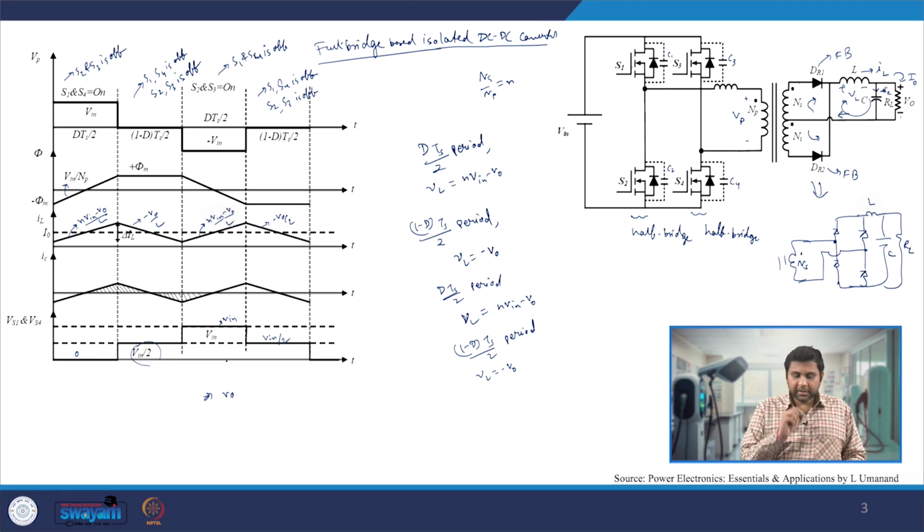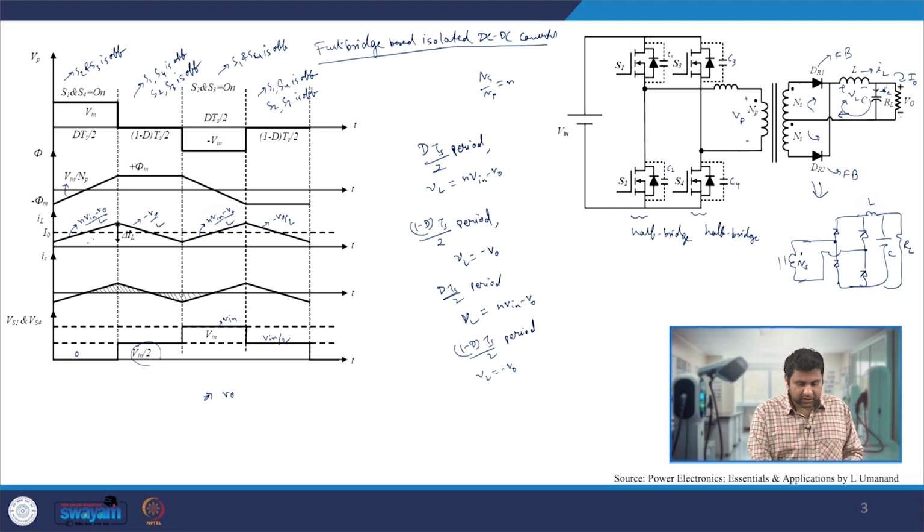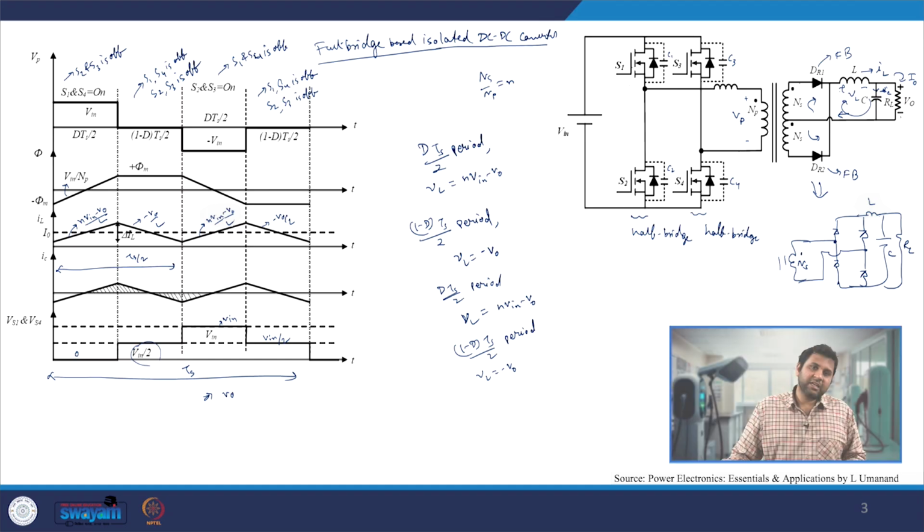Here also, if you look very carefully, just like in the case of push pull, the inductor will see the ripple component, which is nothing but 2 times the switching frequency, because in 1 TS duration, the inductor current repeats itself after every TS by 2 period. So the inductor ripple frequency is twice the switching frequency, and that's when we have to size our output inductor and capacitance to twice the switching frequency component.